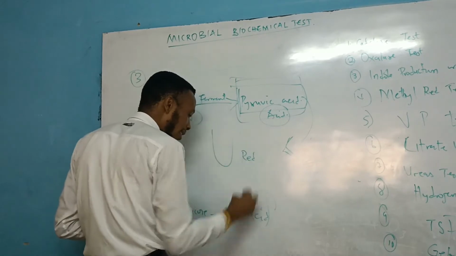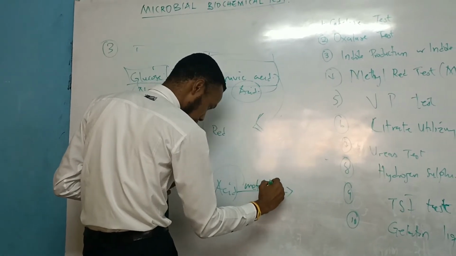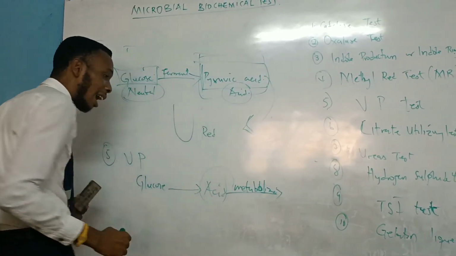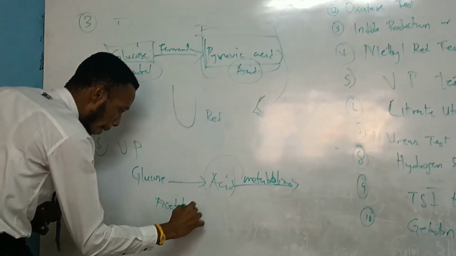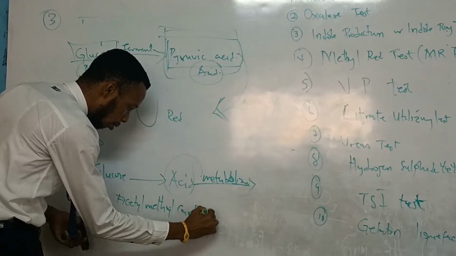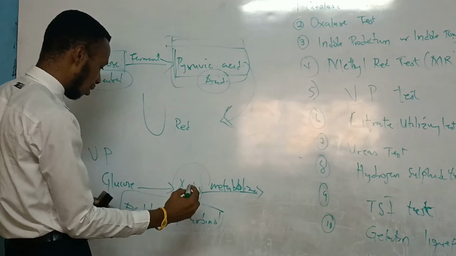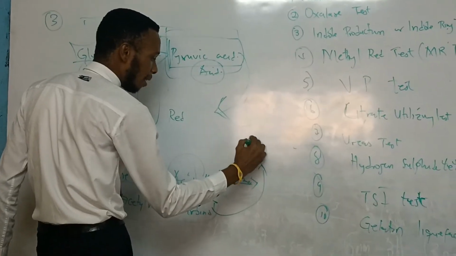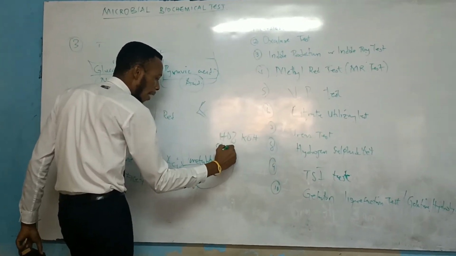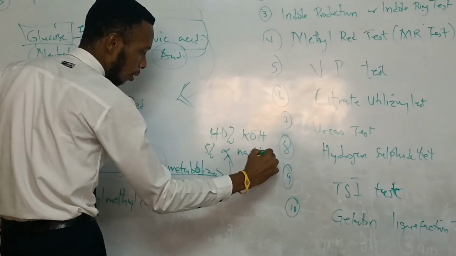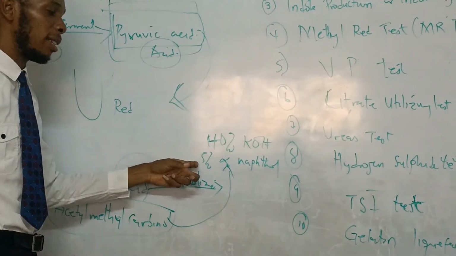Now, following the fermentation to this acid, they metabolize this acid to produce what we call acetyl methyl carbonyl. Now, this acetyl methyl carbonyl that has been made by this enzyme, in the presence of 40% KOH, that's potassium hydroxide, and 5% alpha naphthol,